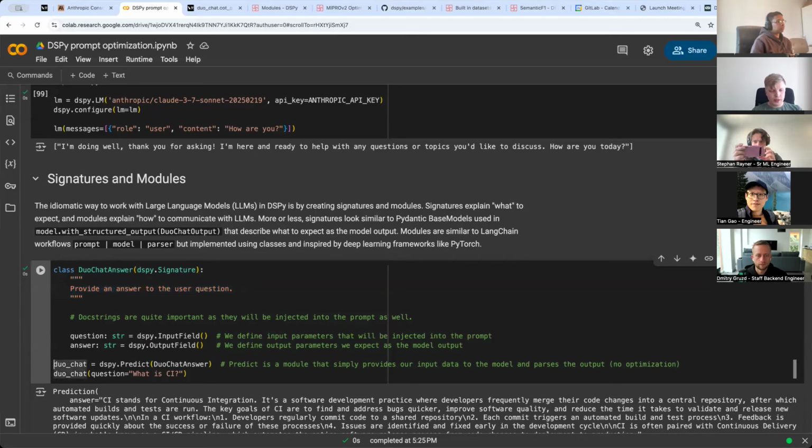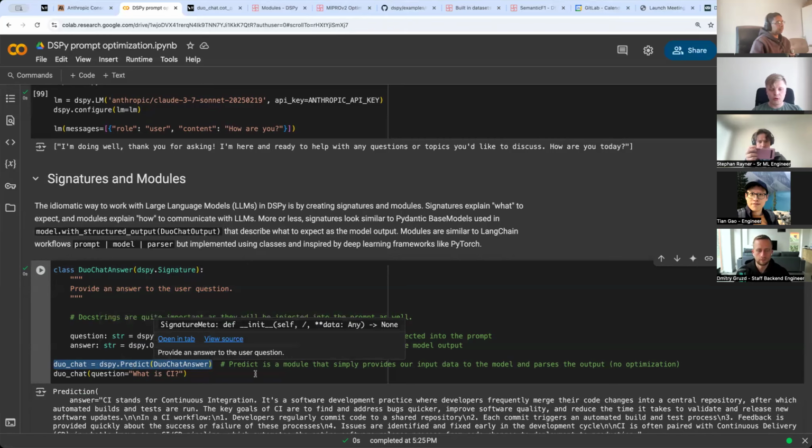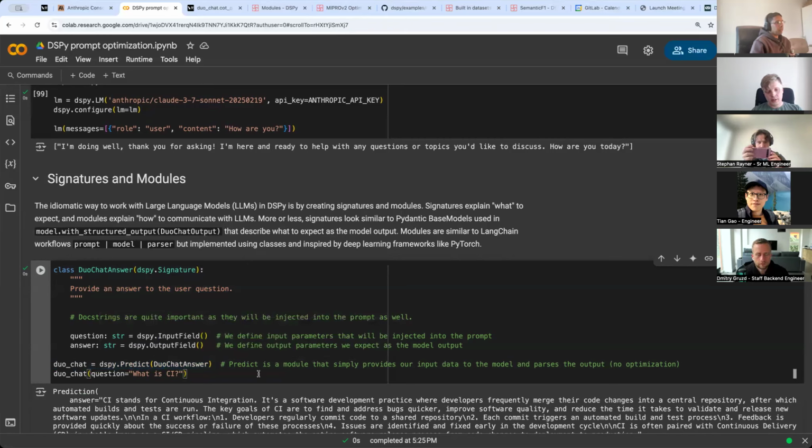And then you just call this line, right? So first you say what you want to get from the model, sending some input data, and then you just say how, right? So you say, okay, let's call the Predict module, which is just sending the question and asking to return the answer, nothing else. No prompt optimizations like reasoning steps, when you first ask the model to reason about the task and then you get the answer, nothing like that. You just give the question and then you get the answer,